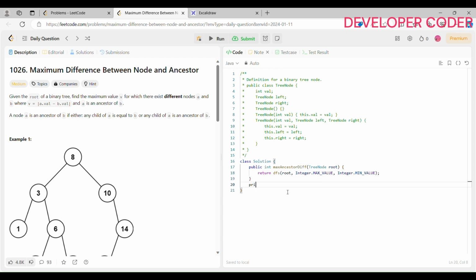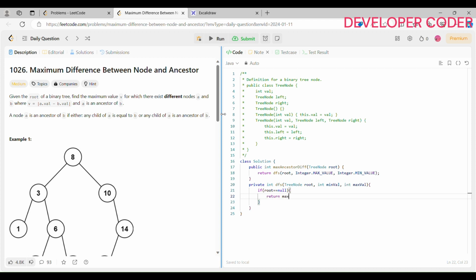So write private int DFS, and we are going to call the difference from here. Pass root, then the minimum value, and then the max value. Now in this, first we are going to check if the root is null. If root is equal to null, in that case we are just going to return